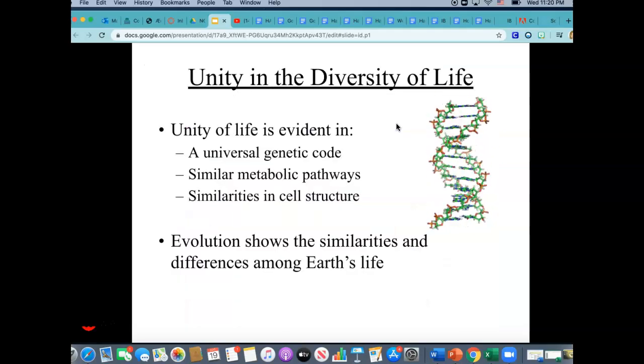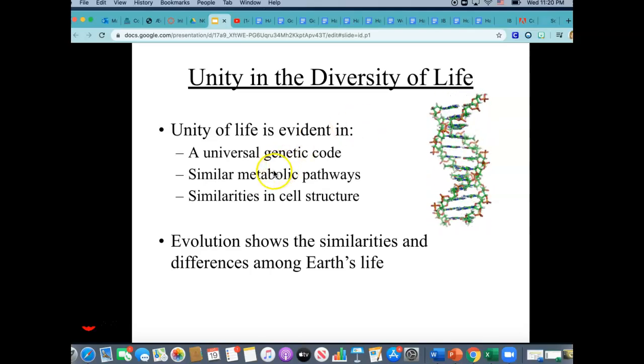Okay, so again, moving on with this same theme, unity in the diversity of life. We know that life is unified because there is a universal genetic code. So it's the same code, the same 4 letters, the same 4 bases in DNA for any organism. So bacteria have the same code as you do, as plants do. In fact, we can read each other's codes. We can cut out a piece of human DNA, insert it into bacteria, and they can read our code and make our proteins. Big industries like Amgen do this all the time to help put out pharmaceutical products like insulin